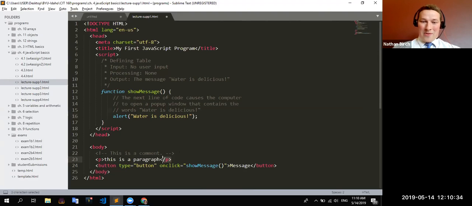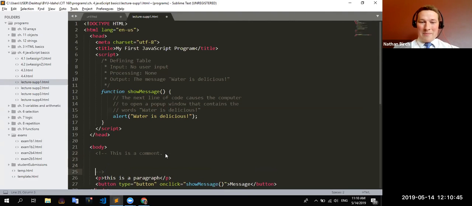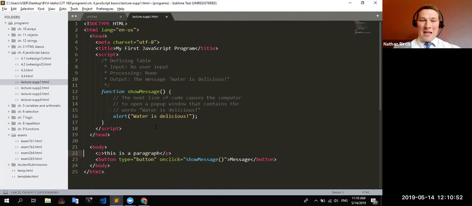Similar to how these look, but then inside of it, you start it off with an exclamation mark and 2 hyphens, and then you end it with 2 hyphens, and then whatever I put in the middle is just my comment. And I could put this on separate lines, do whatever I want, and it's still a comment. Okay, so that's how you do a comment in HTML. In JavaScript, there's 2 ways to do comments, and I have both in here.